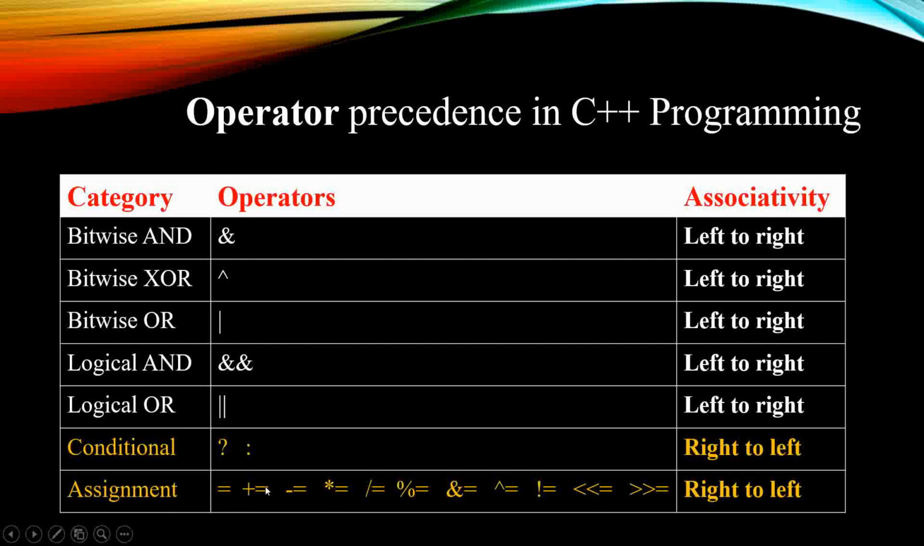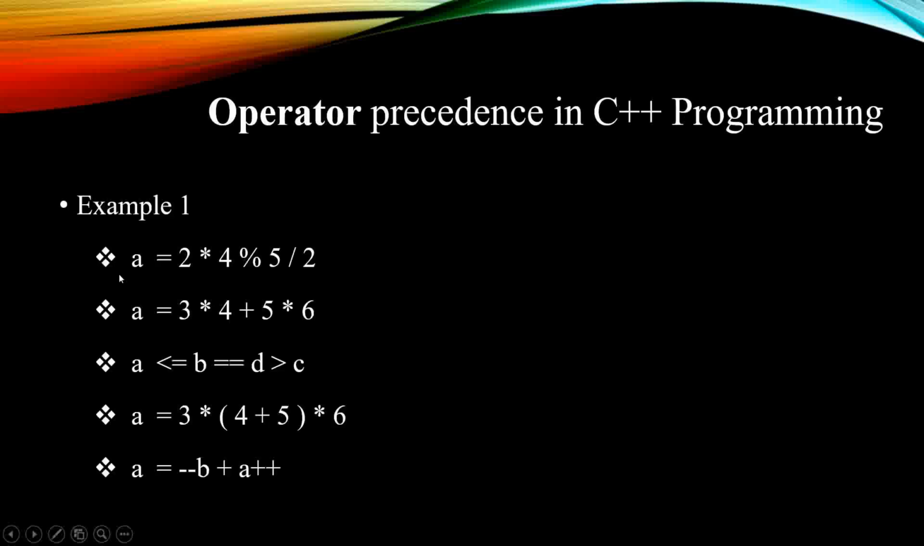And also assignment operators: equals to, plus equals to, minus equals to, times equals to, division equals to, modulo equals to, and equals to. This will be XOR equals to, or equals to, less than equals to, greater than equals to. Those will be executed from right to left ከዚህ ነው የሚጀምረው ማለት ነው። Those are basic operators and their precedence in C++ programming ማለት ነው። አሁን ደግሞ በኤግዛምፕል እንየው።